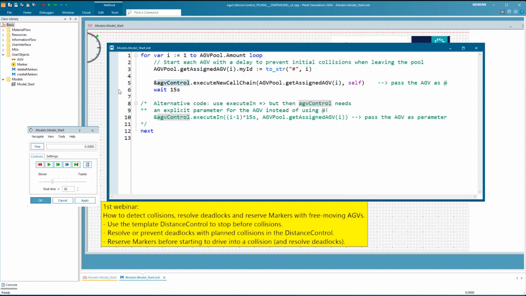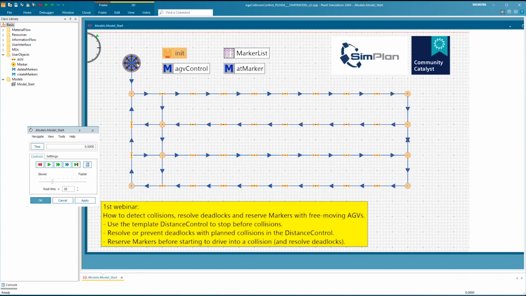And then it waits 15 seconds, it calls the method again for the second AGV, then for the third, the fourth, the fifth. This is simply to prevent all the AGVs from leaving at the same time, and then all of them moving through each other, reaching the first marker at the same time. So I just wanted to have an initial delay for the AGVs when they start driving.